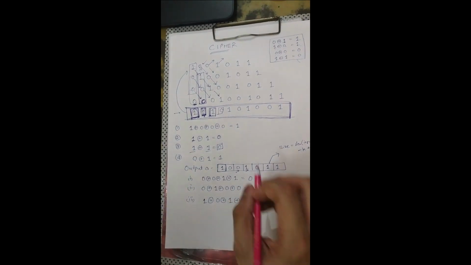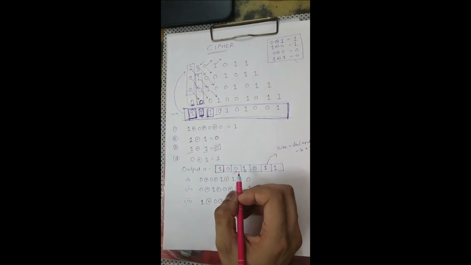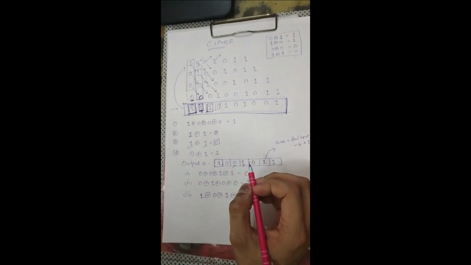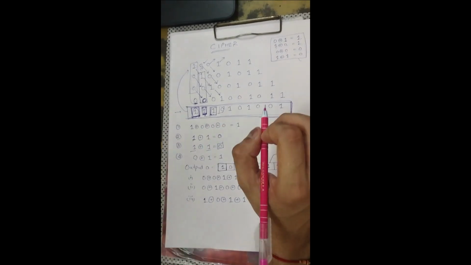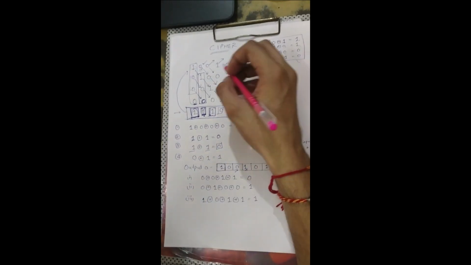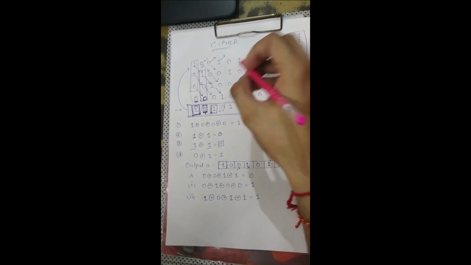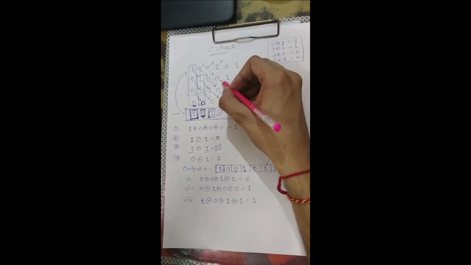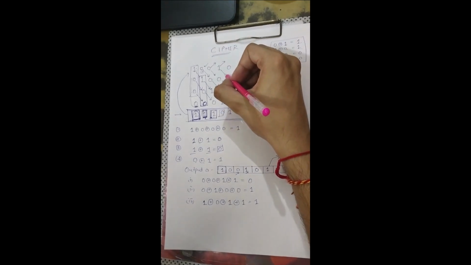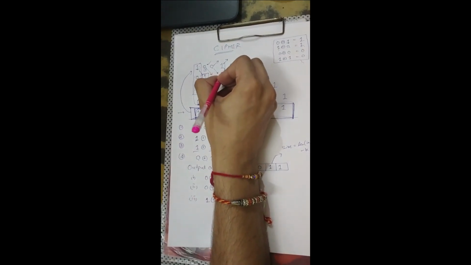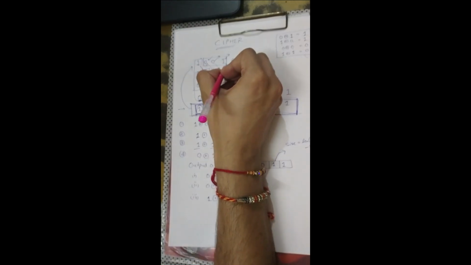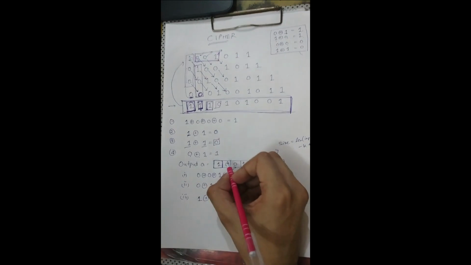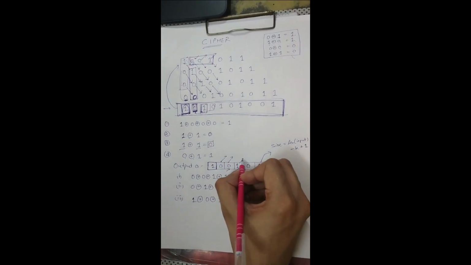Now this pattern will continue until k times. So you will get an output array of k digits with this pattern. Now one thing you should notice: this 1 is gone, now this 0 is coming here, this 0 is coming here, and this 1 is coming here, and these three are our recent k minus 1 digits stored in our output. As you can see, 0 is here, 0 is here, 1 is here.